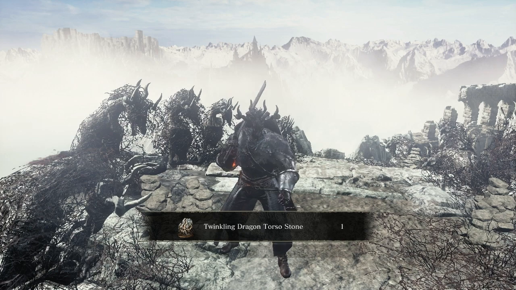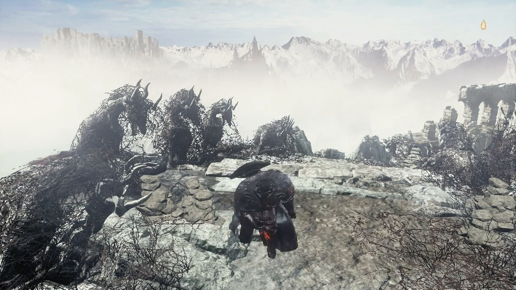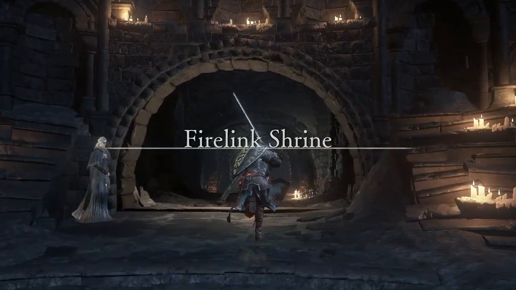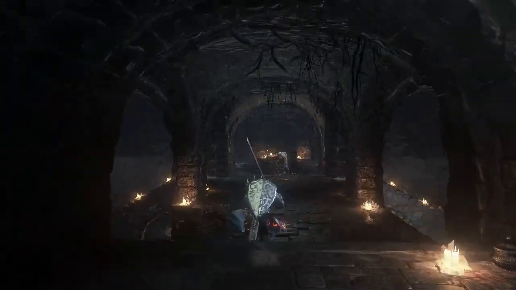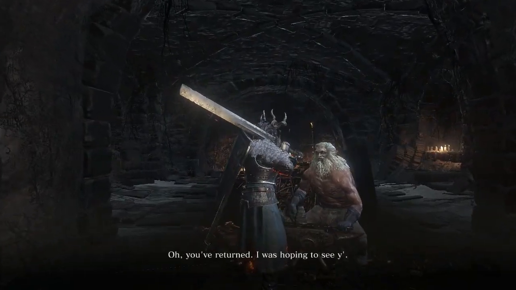So now we have the Twinkling Dragon Torso Stone. I'm going to be keeping my armor on, so I won't be using that. But they have a bit of an upgrade to what their special power does. Okay. But now that we've collected 3 of the Dragon Stones,